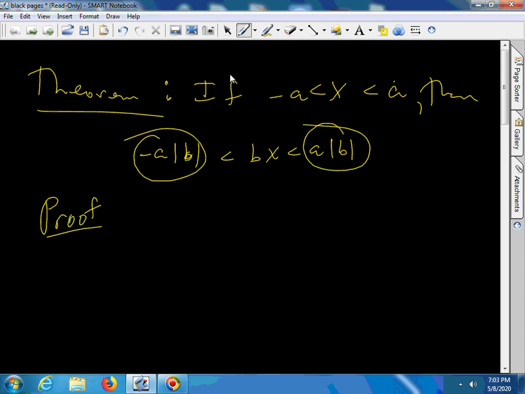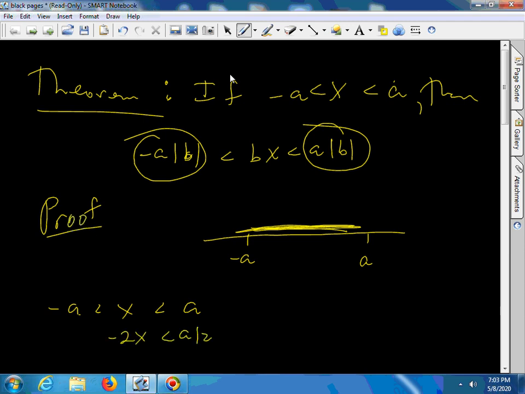Now, let's just think about what's going on. Here's negative a, here's positive a, and x can be in between here. Okay? So negative a is less than x, which is less than a. Now, suppose b is negative 2. So negative 2 times x, I claim, is in between here. That is, negative 2x is in between